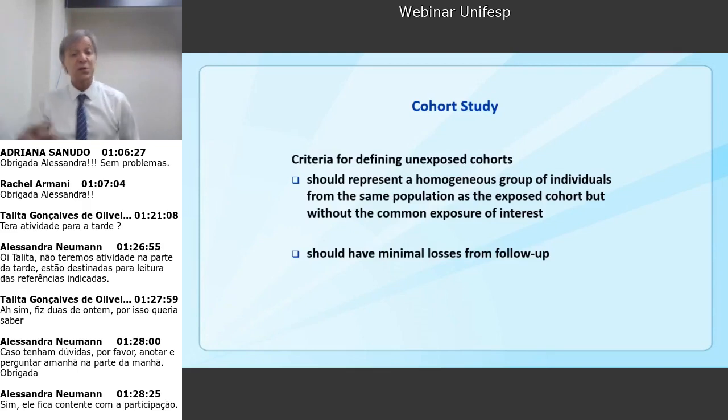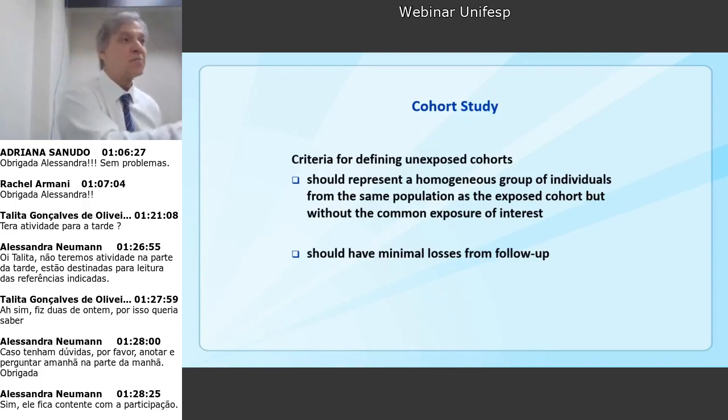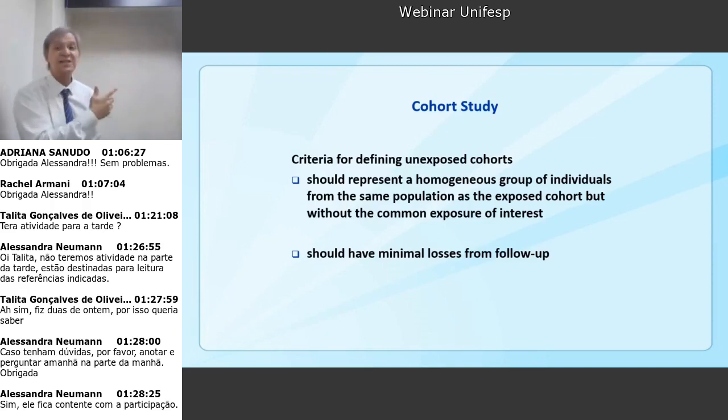Criteria for defining the unexposed group. That's very interesting stuff. It should represent a homogeneous group of individuals, the same population. It cannot be a different population. They need to be the same population. I cannot have an exposed group coming from one city and an unexposed group coming from another city. There's a chance something is going to creep in that I don't know about. Okay, people share